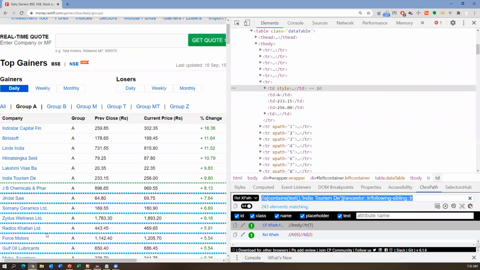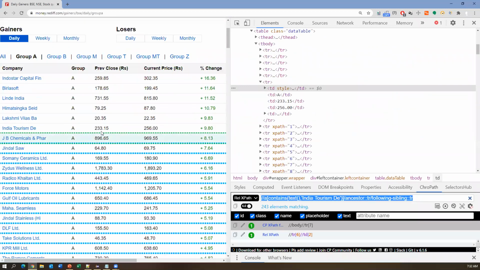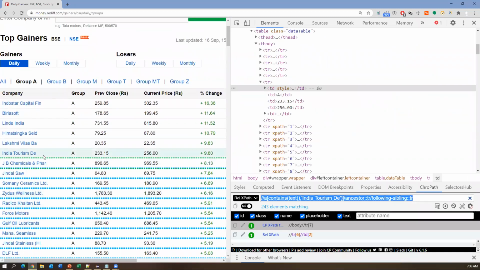So what does following mean? Following means after this element, whatever nodes follow are all following and following siblings. So what do preceding and preceding siblings mean? Preceding means the above elements. So from this self node, whatever other elements we have above this node all come under the preceding elements. And if there is any element which contains some sub element, they also come under the preceding elements.